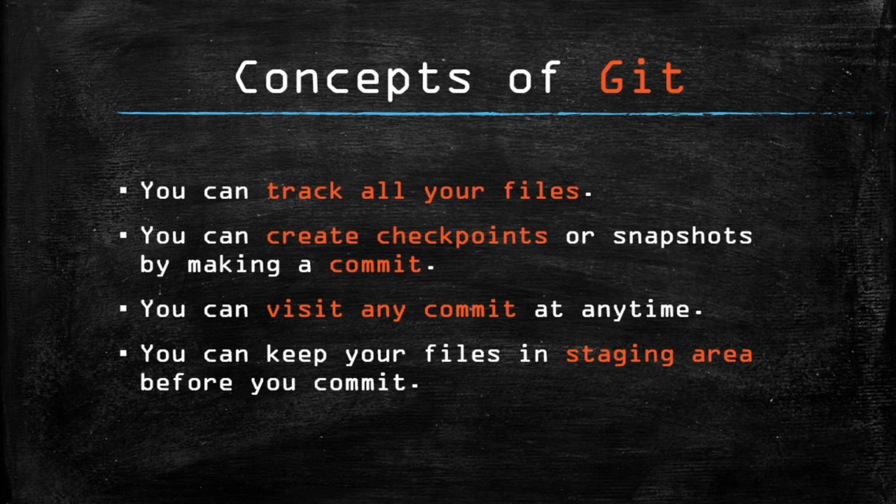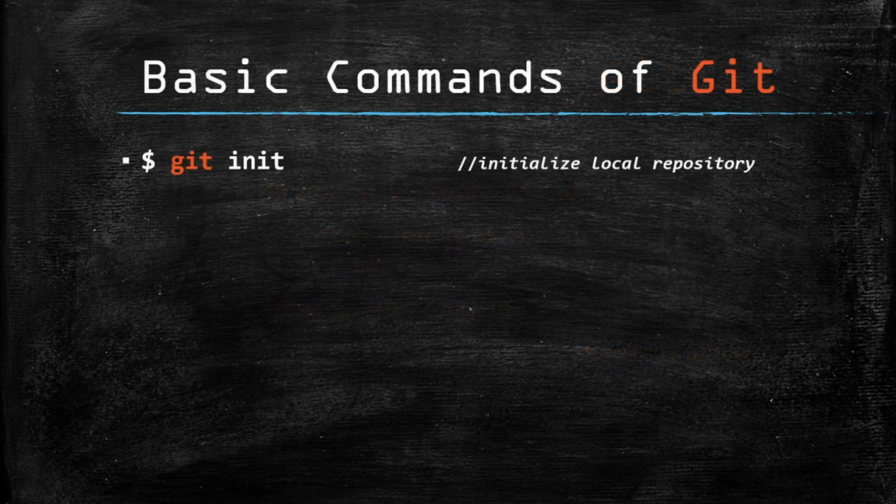Okay, so let's take a look at the basic commands that you'll need to learn. The number one command is git init. So git init will initialize a Git repository. You go into a folder via command line or terminal and you do git init, and it will create a .git folder in that project. It's hidden by default. You almost never need to go into this folder. At least I never have.